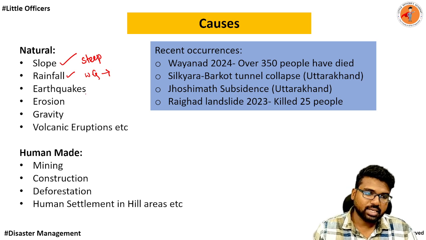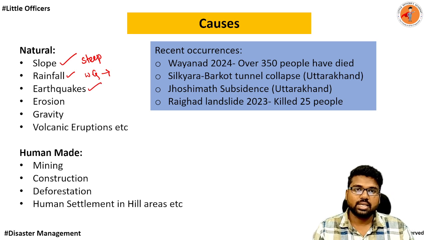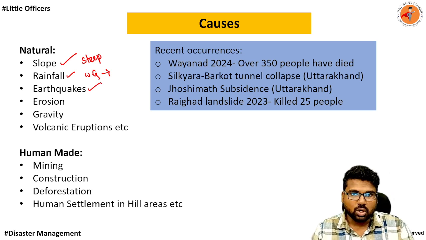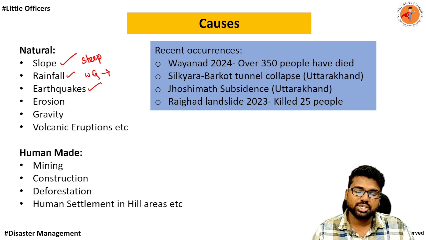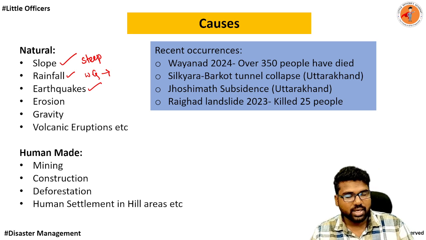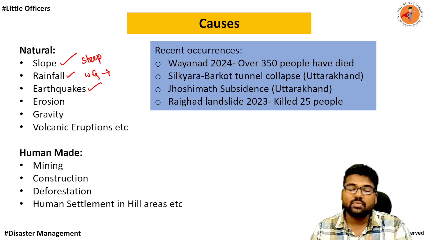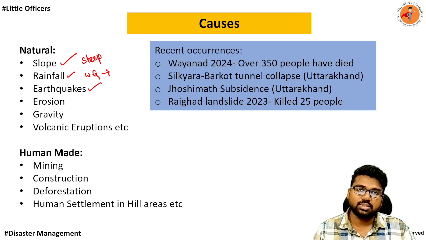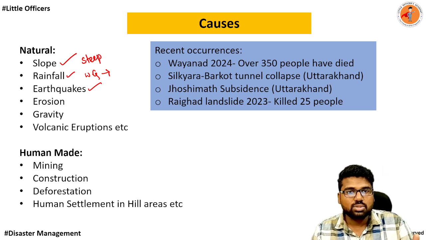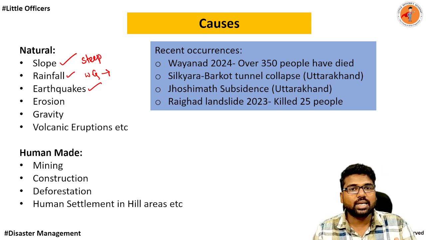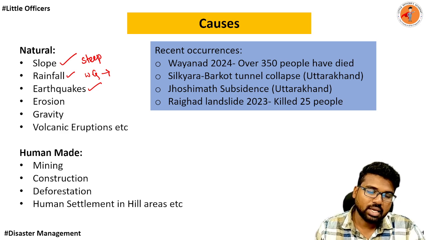Okay, similarly, earthquakes. Like I told you, it's a cause and effect relation between earthquake and landslide. Earthquakes can cause landslides and landslides can cause earthquakes, and a consequence of earthquakes is landslide. If there is an earthquake, it can also lead to slope failure and it can lead to landslide. Similarly,